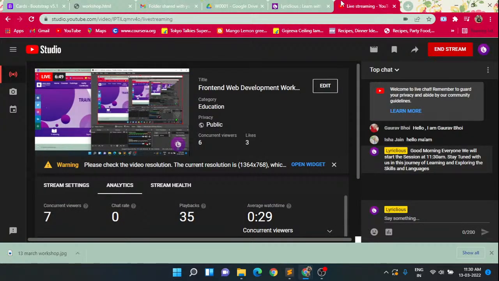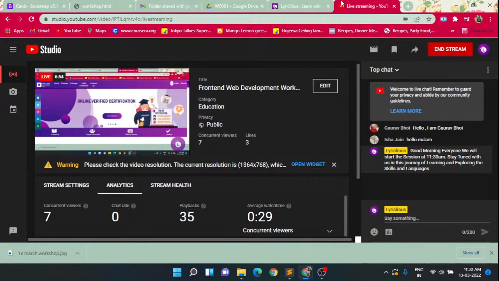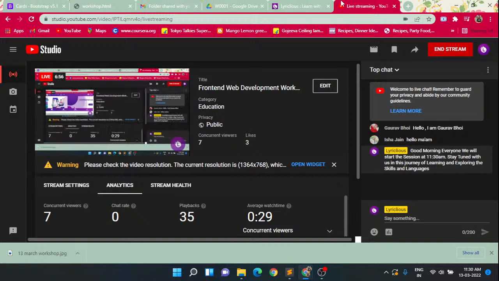Today we'll be working on a mini project, which will be based on front end. Basically, we'll focus on the front end of that project. Before starting this journey of learning and gaining skills, I would like to give a short introduction of